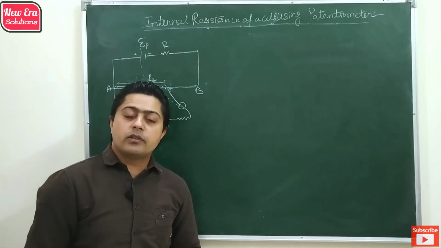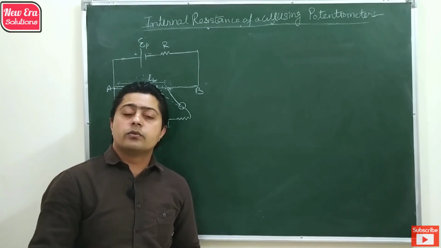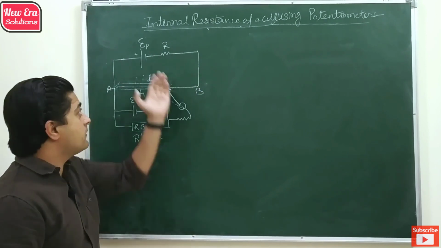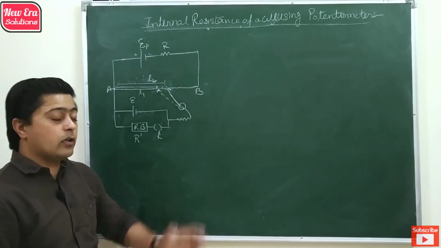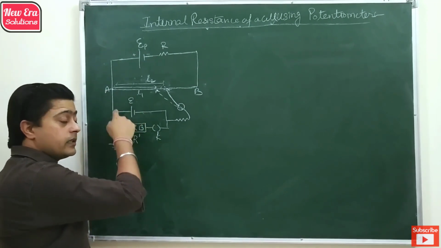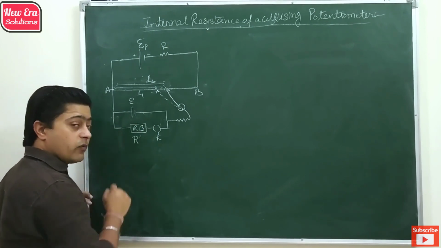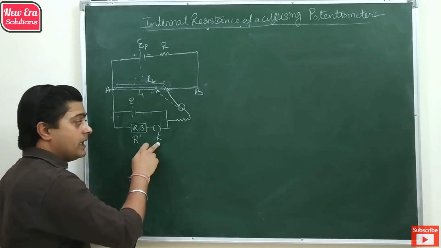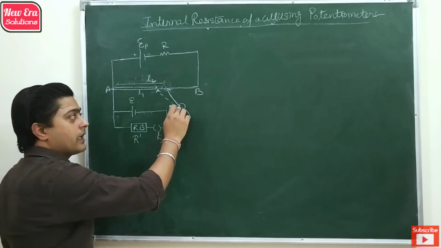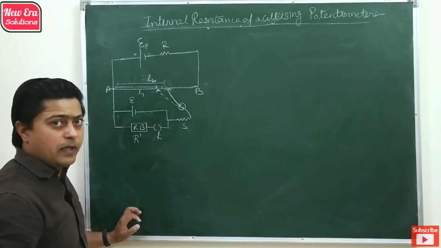In the third application, we can find the internal resistance of a cell by using a potentiometer. In that case, we have the same primary circuit with primary cell, resistance and a long wire AB. In the secondary circuit, we have the cell whose internal resistance we are going to find, and we connect a resistance box which provides an external resistance with the help of a key. The remaining external high resistance, galvanometer G and jockey are the same as in the previous experiment.